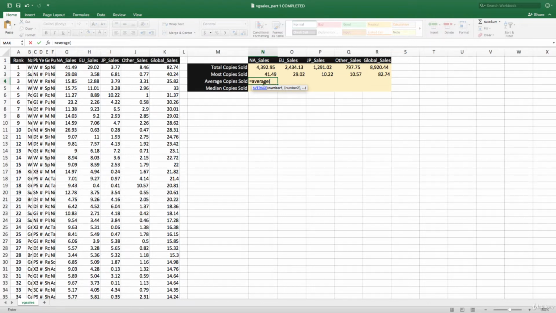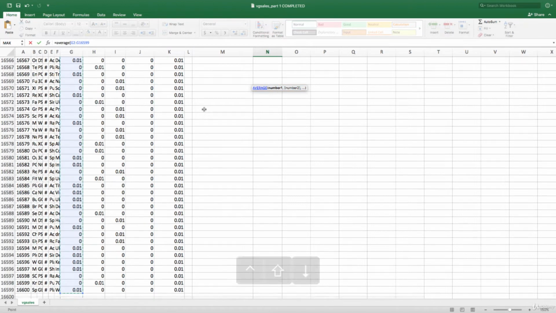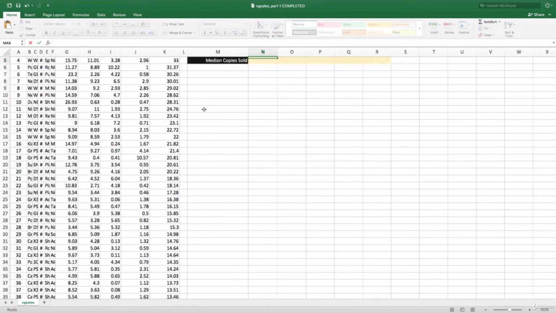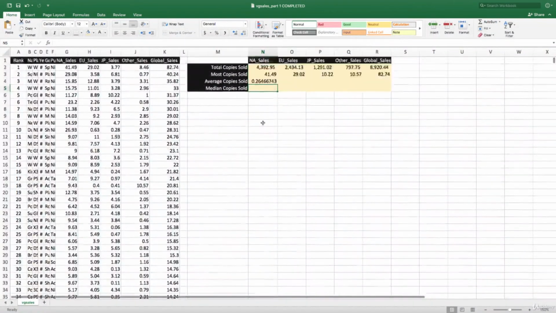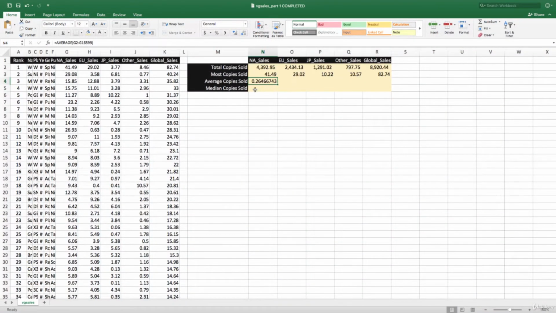So what are we going to do with the average? Well, we want to give it numbers for it to calculate the average. So again, we're going to select the cell right there that's corresponding to the North American sales, and then we're going to go Control Shift arrow down to select the rest of that column, all the data, close parentheses, hit enter, and we see that that's the average